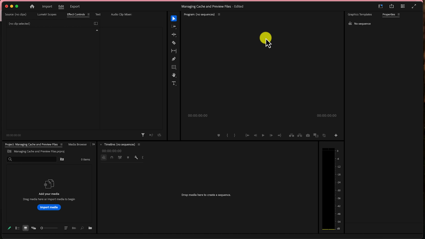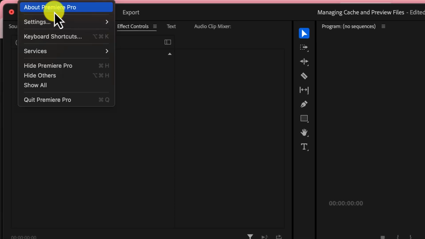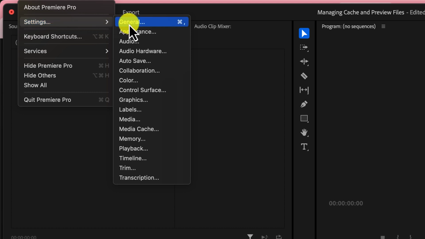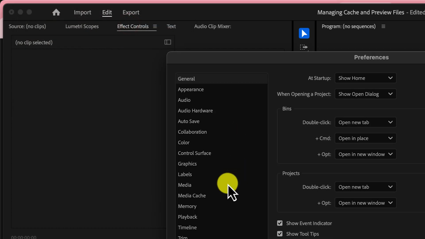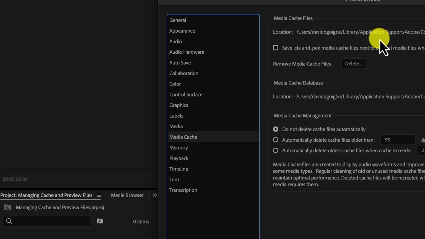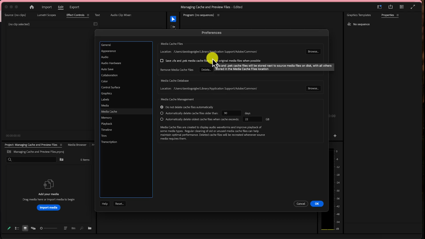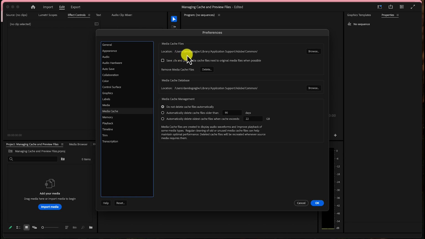So if you like to manage these files, or if you like to know where these files are located, one of the things you do is come right to Premiere Pro and you come to the settings and you click on general. So on general you have a wide range of settings and you want to go down to media cache, and in media cache you can see or know where these files are located, and you can change a little bit of settings in all this. So mine is located in